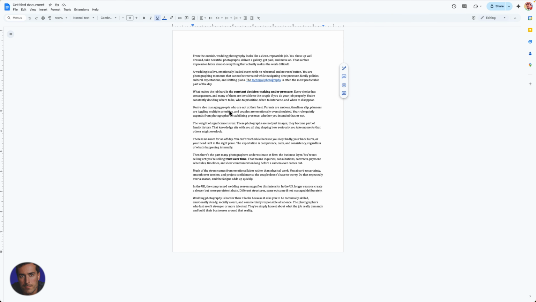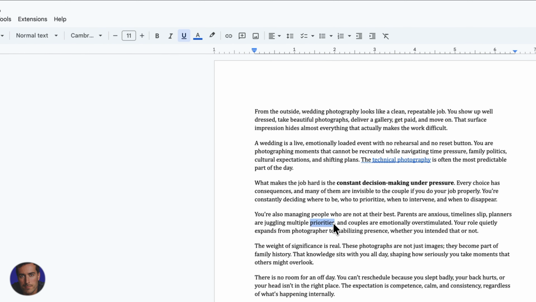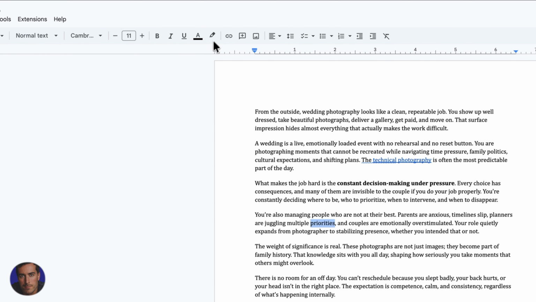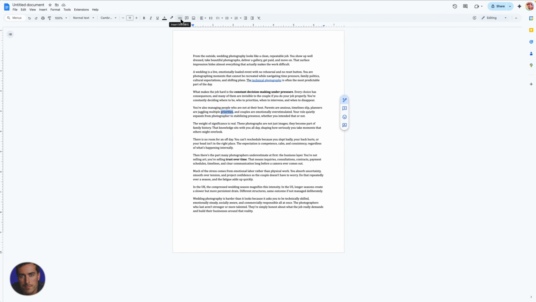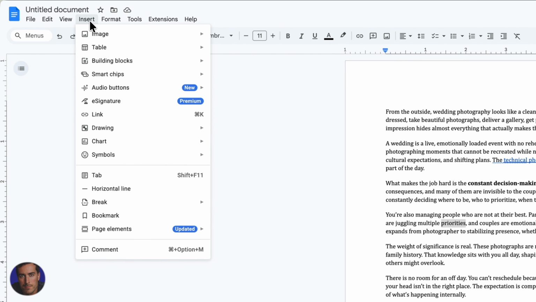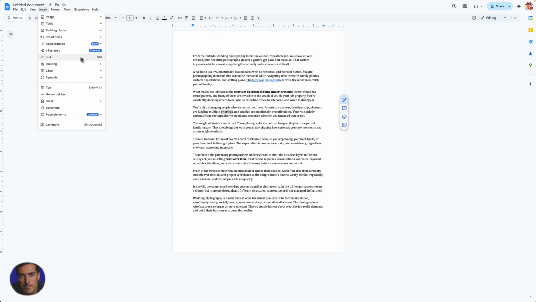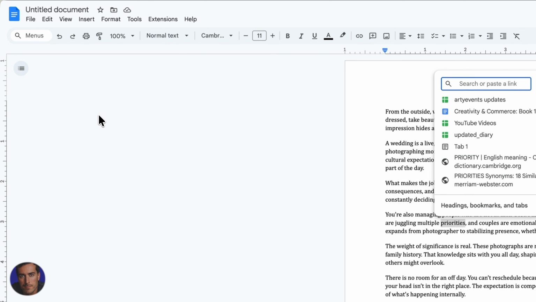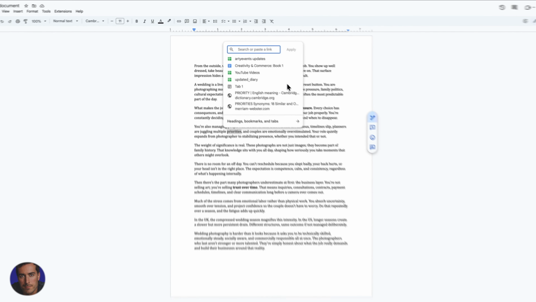Another thing as well, let's just highlight this word here, just to show you if for some reason you don't have this toolbar right here with insert link. You should do by default, but if you don't, you can click on insert right here, and then you will look for a link right there, and you can see there's actually a keyboard shortcut. I'm on a Mac, so the keyboard shortcut's there if that's helpful for you, but if you can't find a link on the toolbar, you can find a link there, and in the same way you can add your link